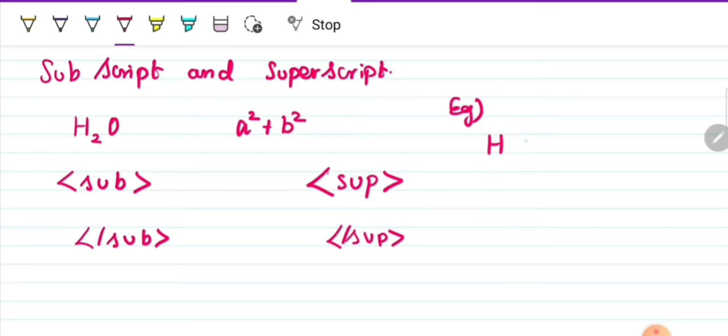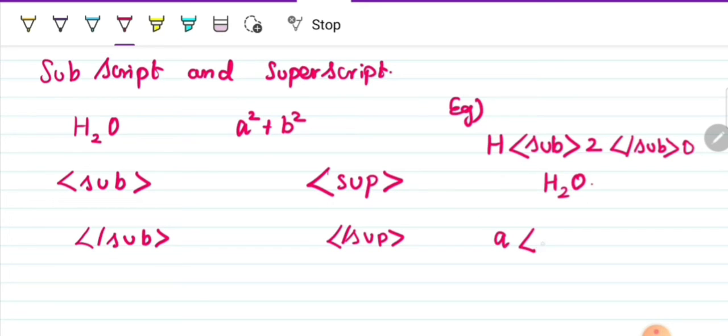H, then you have the tag sub, next the 2, then close this sub, and next it is your O. Just by writing this, the output will be H2O. Okay. So this is the way to proceed with subscript. Similar is the case for superscript also. For A square alone, now I am going to write A sup 2.